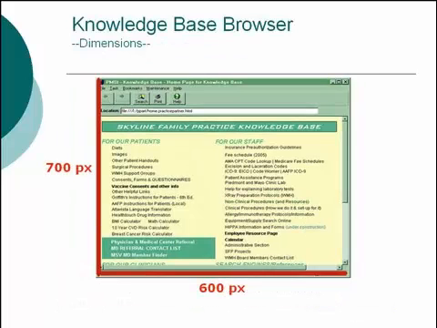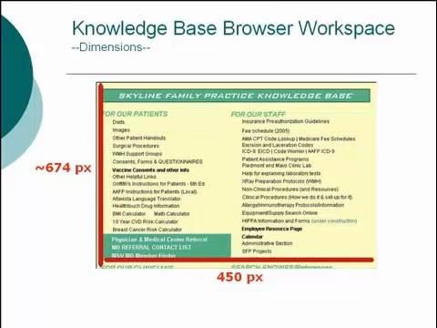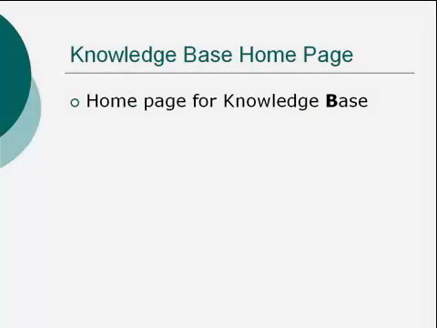The 800 by 640 rule really doesn't apply here because the knowledge base is hard-coded to be 700 by 600 pixels. So you have even less room. So you want to use a font that's sharp and small. And again, the actual space is about 674 pixels by 450 pixels. Less space, be consistent. The home page for the knowledge base is really in the P-part root directory, and that's the name,